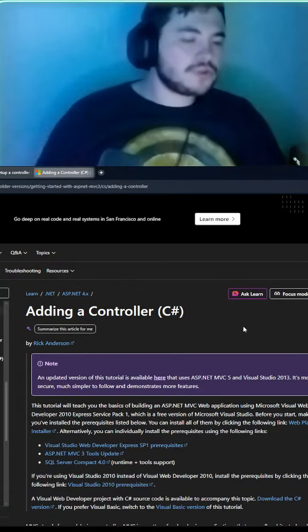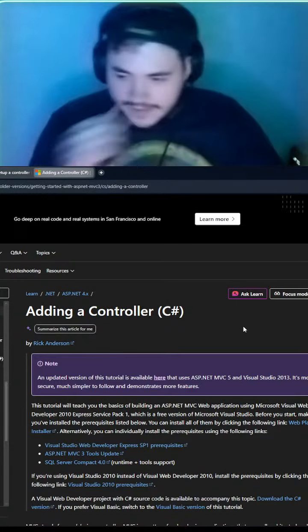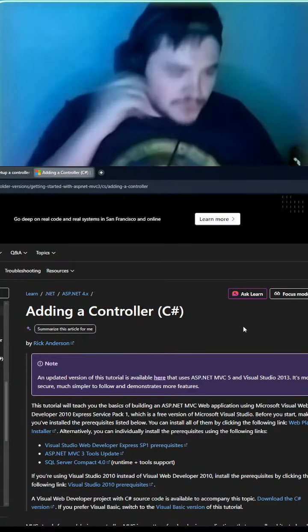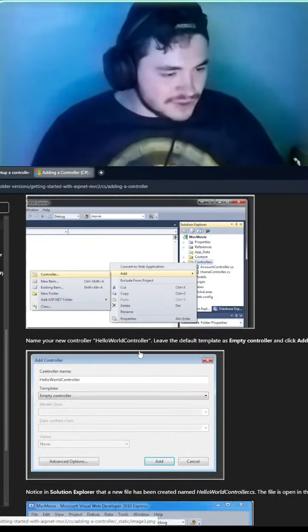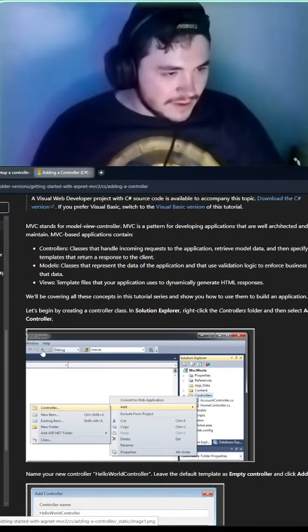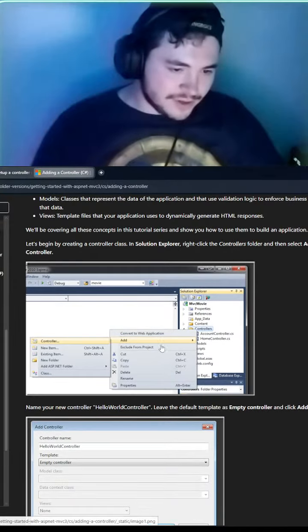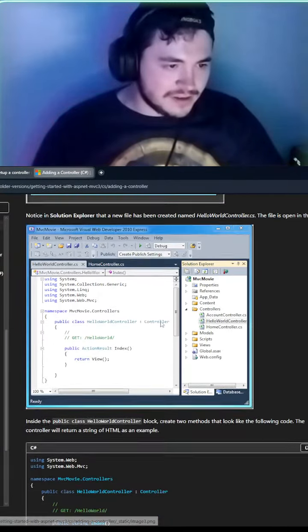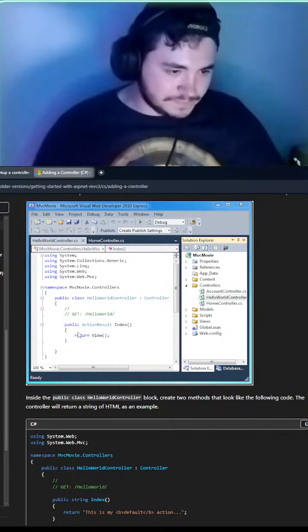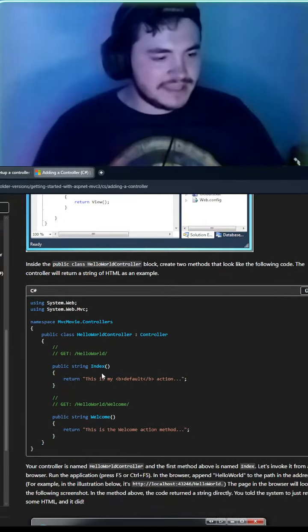Okay, adding a controller in C#. Let's analyze. Okay, let's do this. What is this? 2010. Okay, so we added a controller. We did that already. We have a basic thing here.